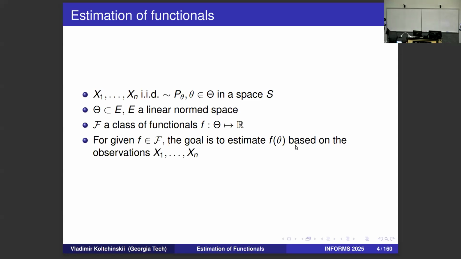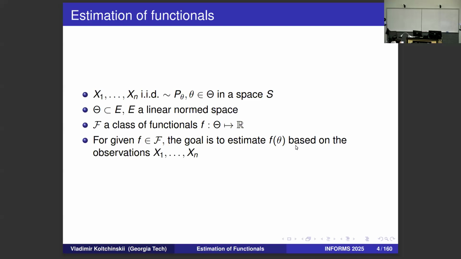You can think of the parameter as typically either a high dimensional vector or a large matrix, such as, for instance, a covariance matrix. In fact, later on we will deal a lot with examples related to covariance matrices, since this was my primary motivation to study this problem. And